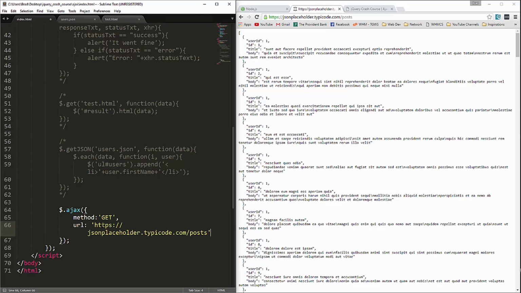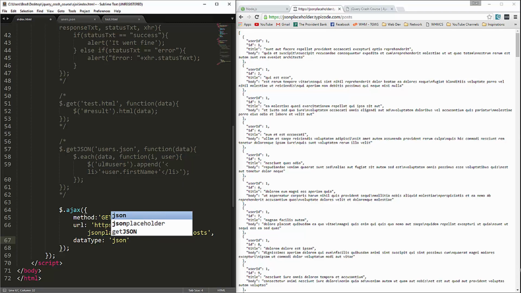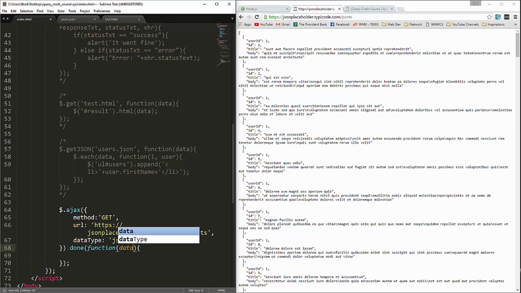Okay. And then we're going to say the data type, which in this case is JSON. And then down here, we're going to say .done. And inside that done, we'll have a function. And that's going to pass back data. Okay, now in this done callback function, let's do console.log